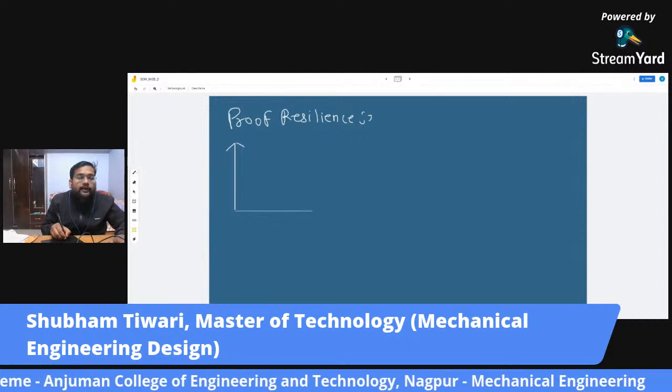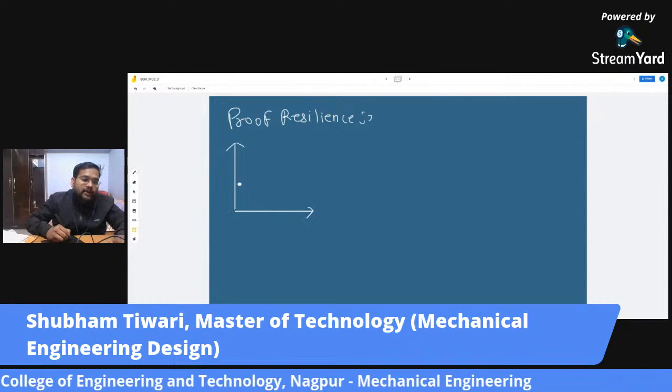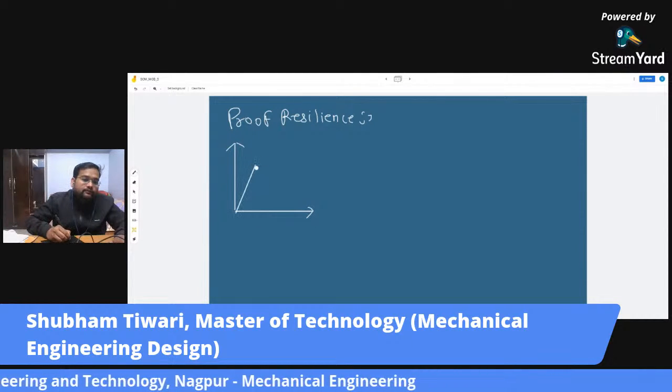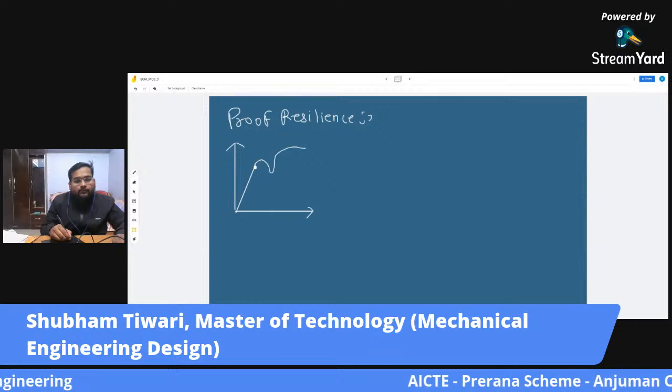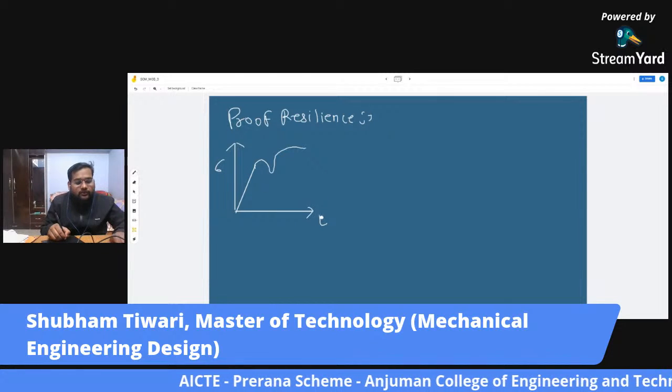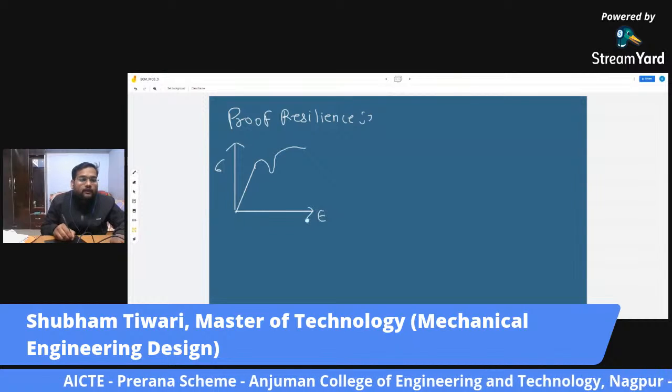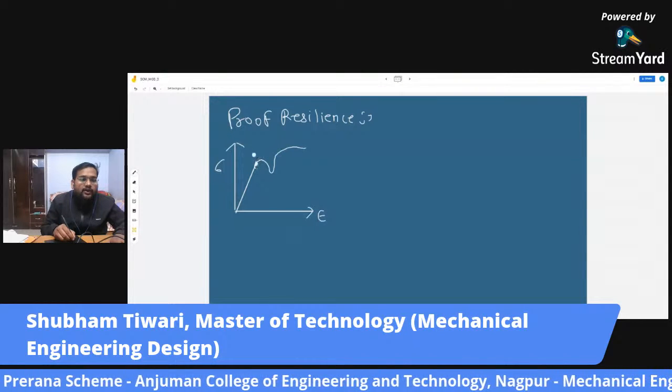Let us have a look at this stress strain diagram. This is our stress strain diagram. This is stress and this is your strain. Somewhere here lies your elastic limit,